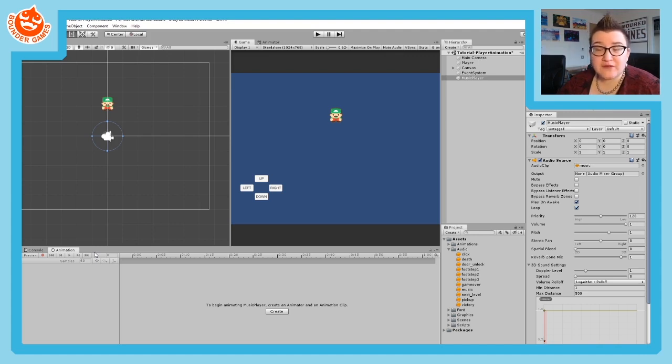You just need to have a bit of a script to call the code for playing the sound effect in your given situation. You'll probably already have code for whatever situation it is, you'll just need to also add your sound effect code into that. So in my case, I'm going to want a looping sound effect playing when the player walks. So what I'm going to do is on my player